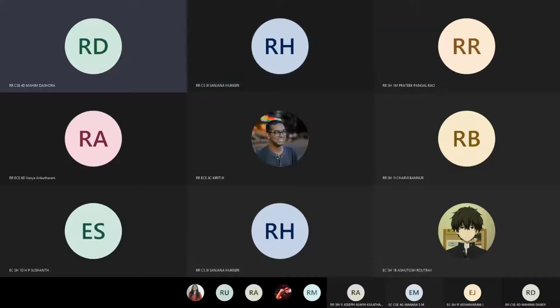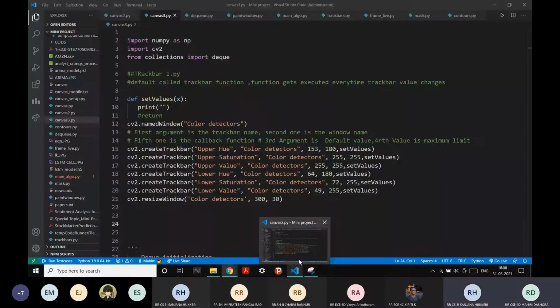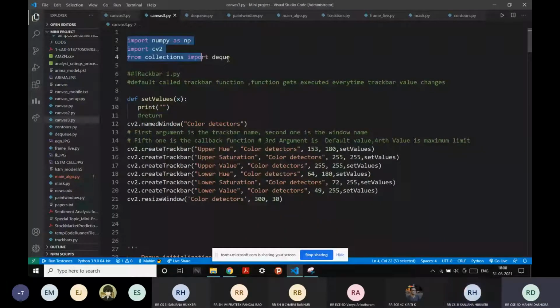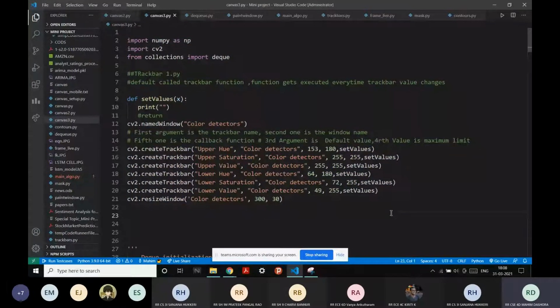Okay, can you see my screen? Yes, the code. This will be a little bit long code, so I'll be sharing this whole code at the end of this session. Just sit back, guys. I'll tell you what each line means and why we are using it.